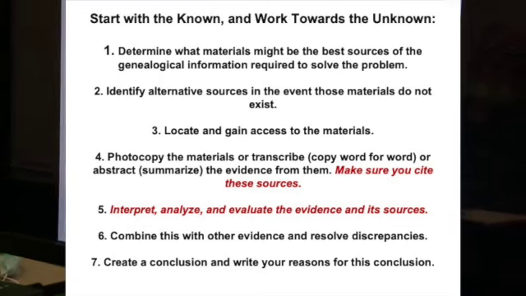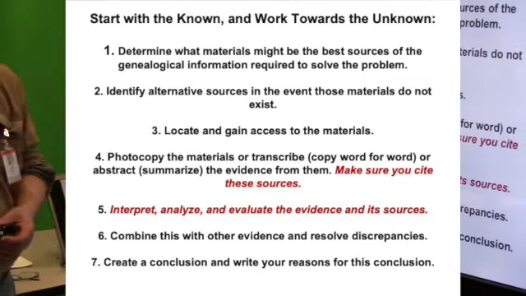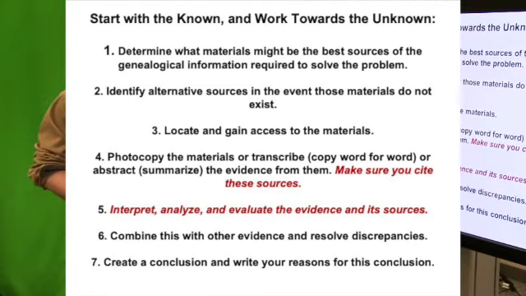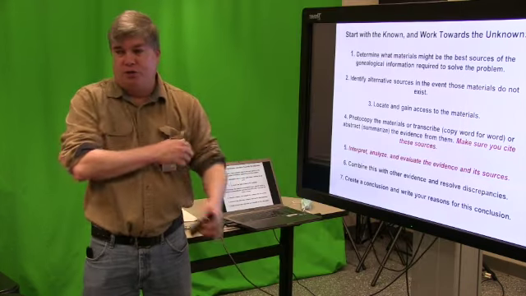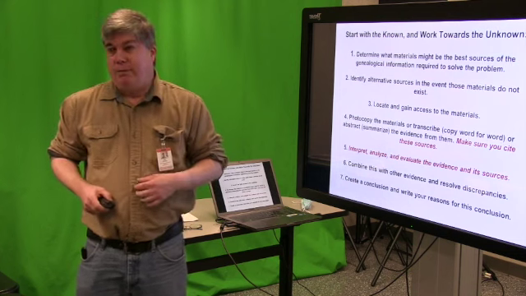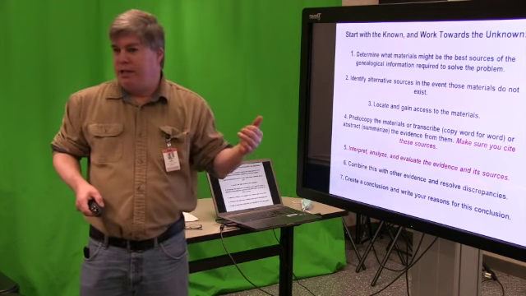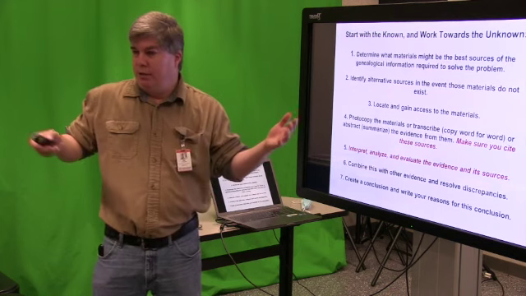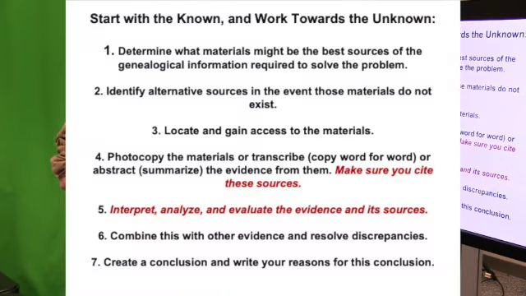So how do you actually get started? Well, start with the known, what do I know, and work towards the unknown. Start with now and work backwards. Dr. Darrell Russell had a student in his basic genealogy class that I used to help him teach with Brian Newton 20 years ago, and this little guy named Mr. Kroll said, I can't start with me and go backwards. I have to start in 1790. And, of course, if you've got an ancestor named John Smith and you start in 1790, how do you know which John Smith?